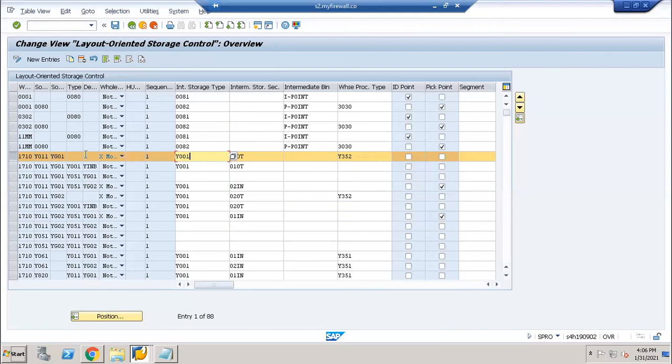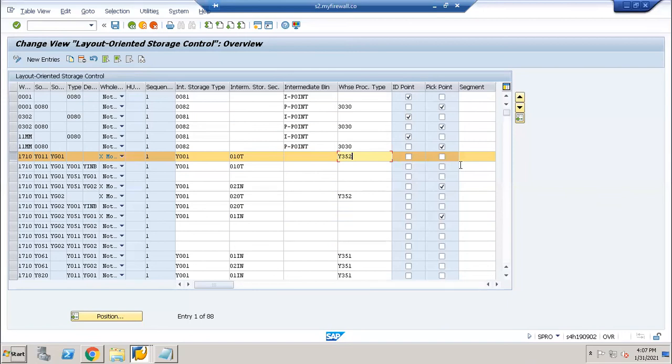So we have to define the interim storage type, interim or intermediate, same thing, storage section or storage bin, to make the process flow efficient. Then we have to define the specific WPT and ID point and peak point.